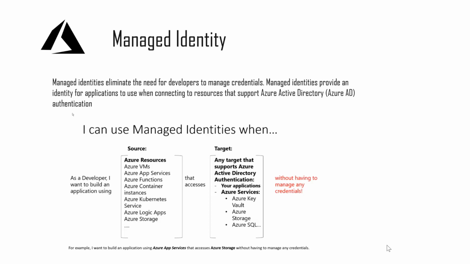So how does managed identity come into the picture with regards to Azure Storage, which is basically the service that we are discussing? So this is how it works. If you're using an Azure resource like a virtual machine, a function app, or any other compute resource, and this particular compute resource needs to access, let's assume, an Azure storage or any other target, for example, it could even be an Azure Key Vault, an Azure SQL, then all that you need to do is link your compute resource to a managed identity, and this managed identity should be given permissions to access any of the target resources, for example, the Azure storage,